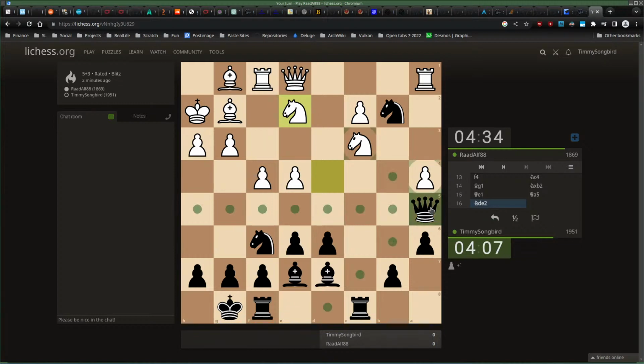I think I'm gonna just give up on this knight. Let's go here. That's a bit pointless though. If the bishop comes here, it attacks my queen, and then nothing. Gonna have to go back probably.